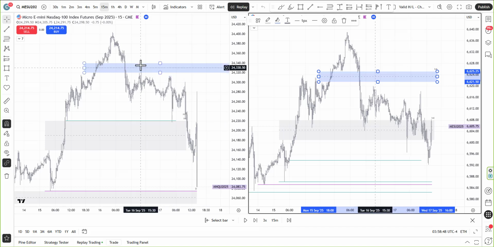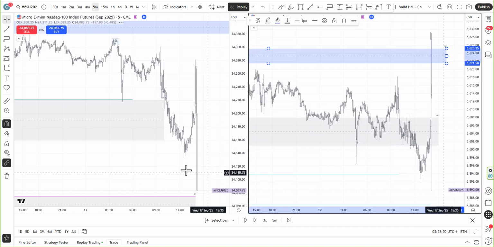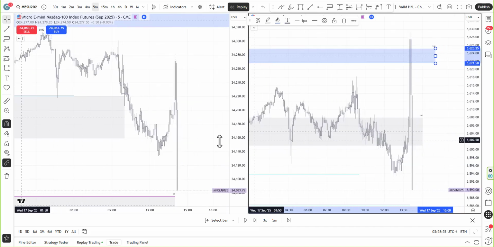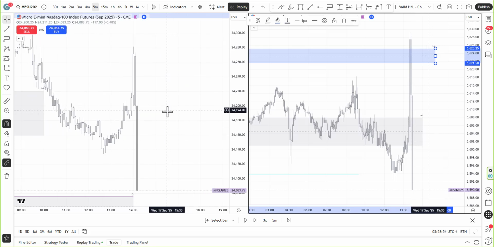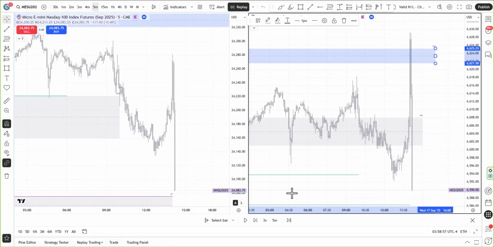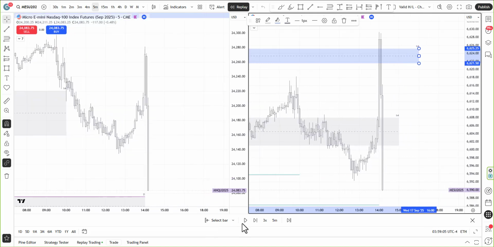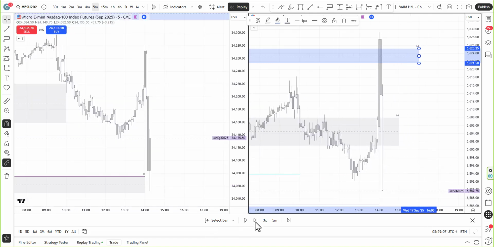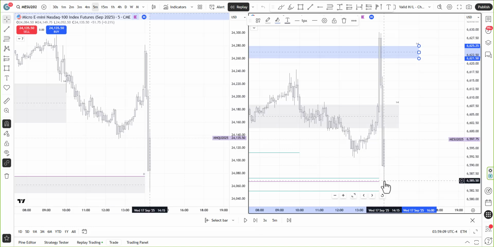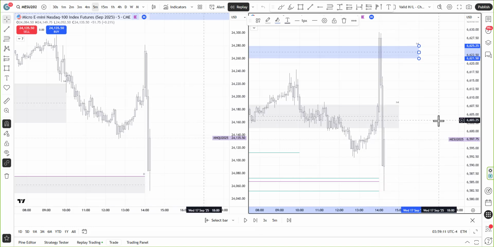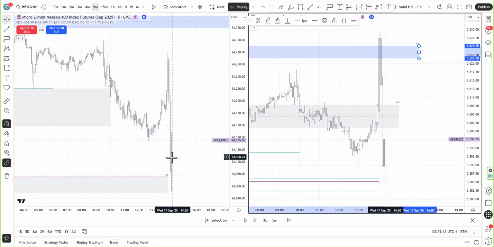So I was just watching. And what you can already see is that price spiked up, spiked down. So it pierced into this H4 balanced price range and went down. So for now, I'm just watching because I have no idea what price ultimately wants to do. So we got a 25 BPS cut, which was according to plan.